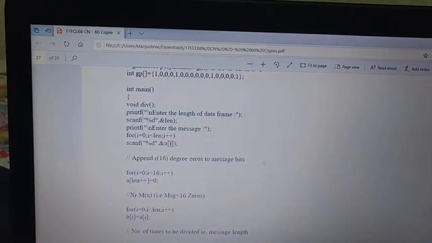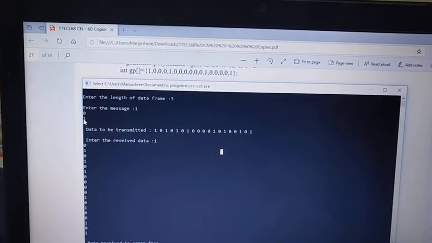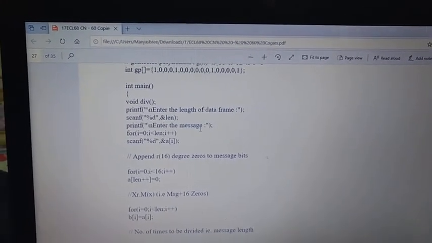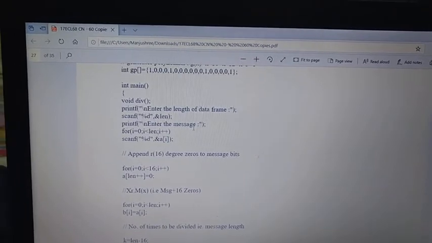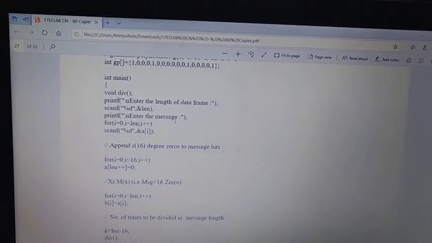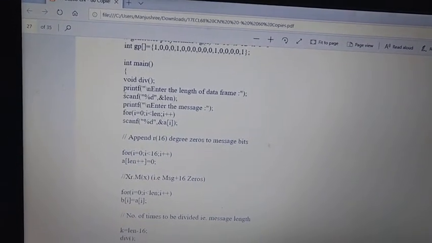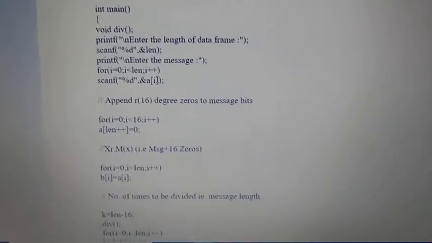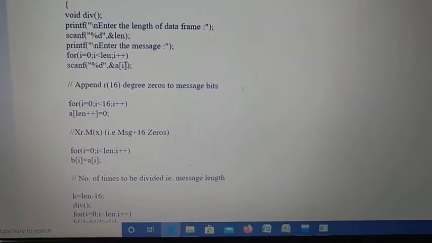Now the i value is 1, so it is going to save 0. Next 2. The for loop is executed until the condition is false, that is 3 is less than 3, the condition is false, so it will come out of the for loop. So all the data will be saved in the a of i memory location. So after saving the memory location, append zeros.